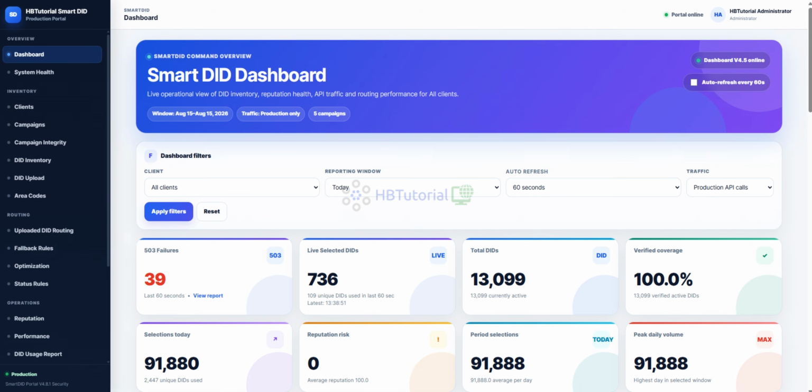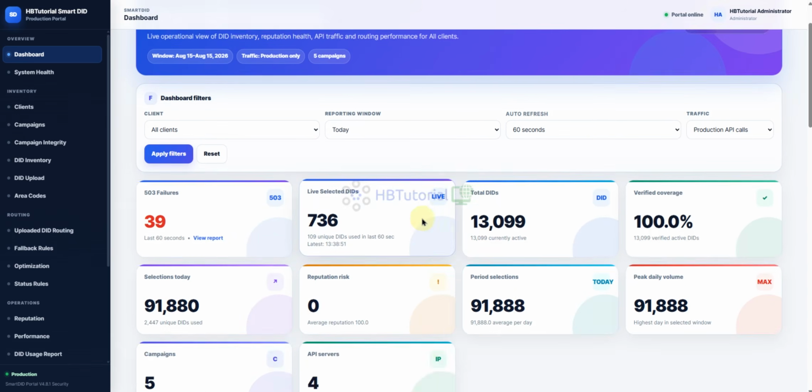So this Smart DID gives smarter caller ID selection, local presence dialing, automated DID rotation, better DID utilization, centralized DID management, and DID performance monitoring.